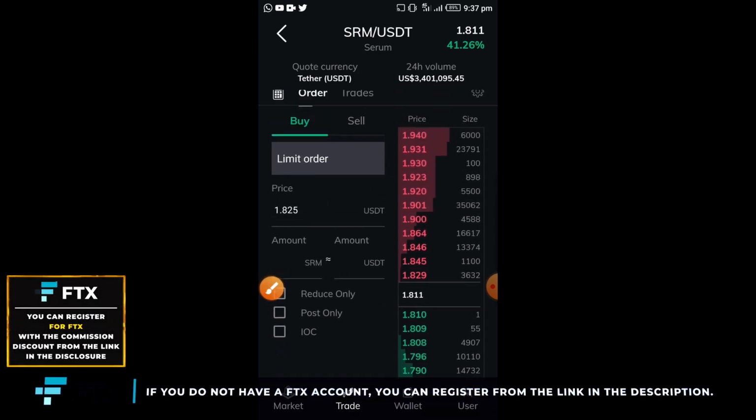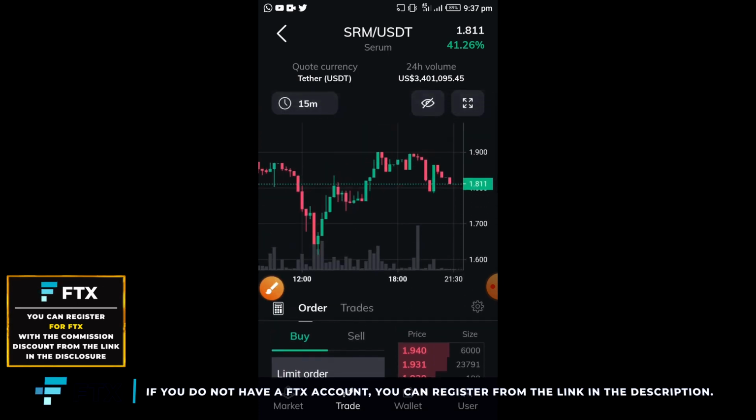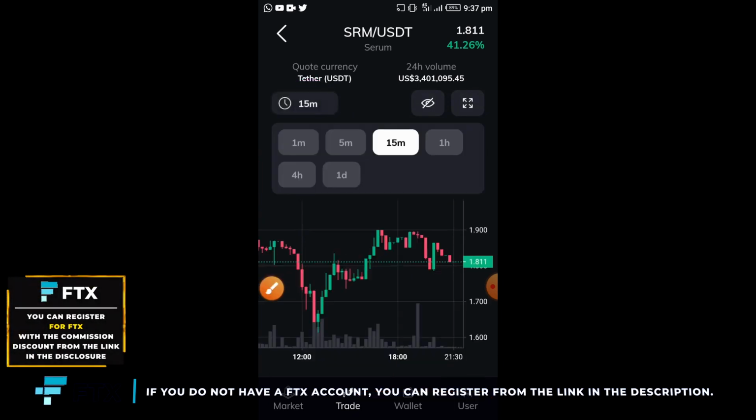Then, still going up, you can see here the various time frames. This is where you can switch between various time frames. Maybe here it was 15 minutes, you could switch from 1 minute to 1 day, as the case may be, as you wish. All right, so that's it. And then